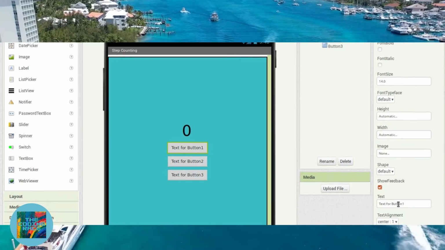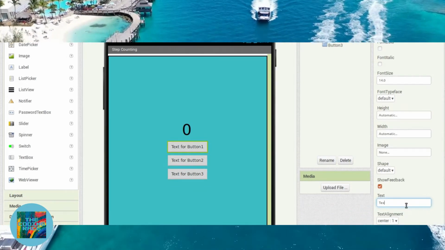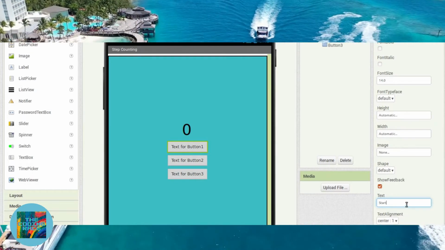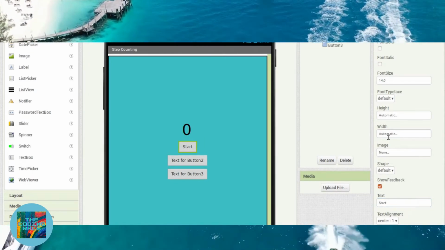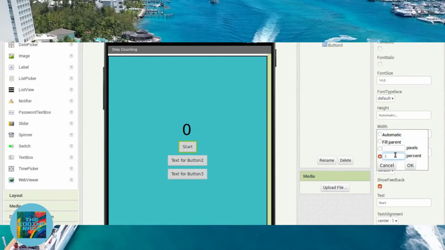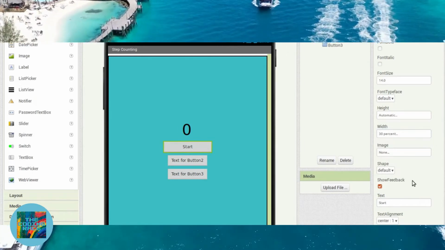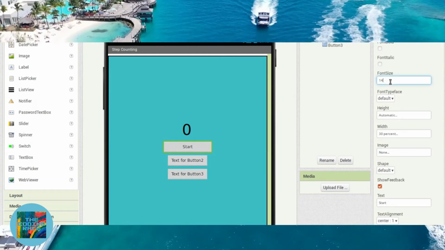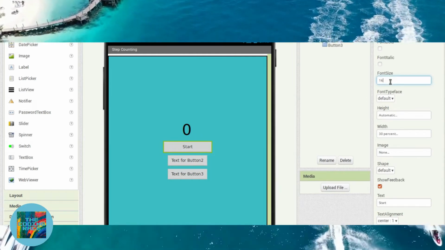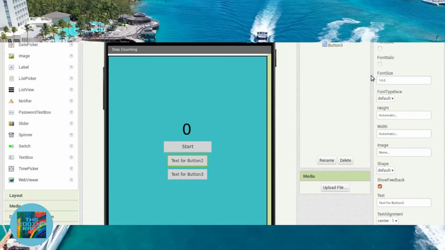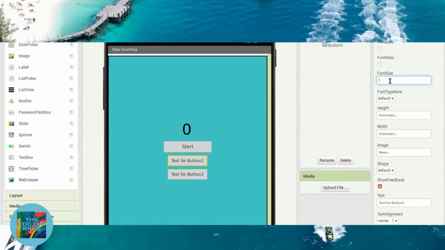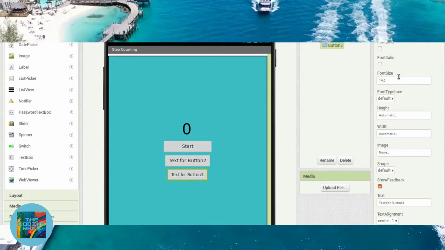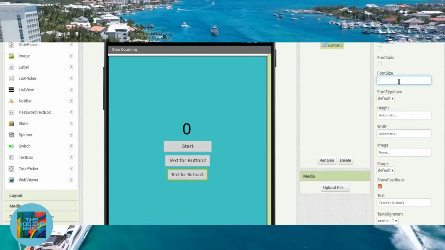First we will rename it to start, and width will be 30%. That's okay. And font size will be 16. This also font size will be 16, and this also 16,